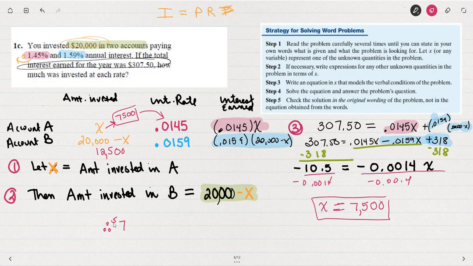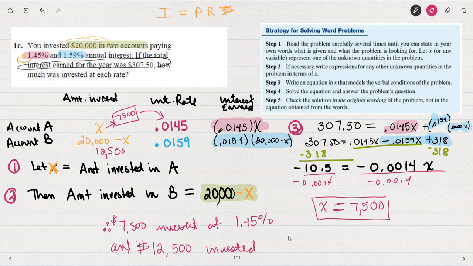So therefore, $7,500 was invested in the 1.45% account, and 12,500 was invested in the 1.59% account. I can check those values with the original problem, multiply by the interest rates, see that those two add up to 20,000, and see that when I multiply each of the amounts by the interest rate, the total